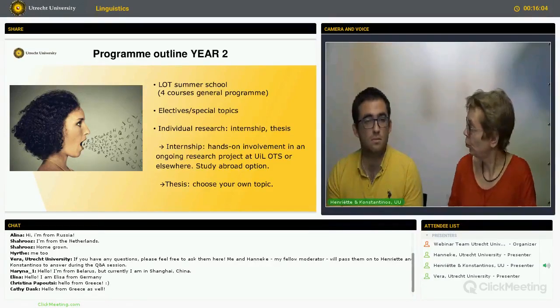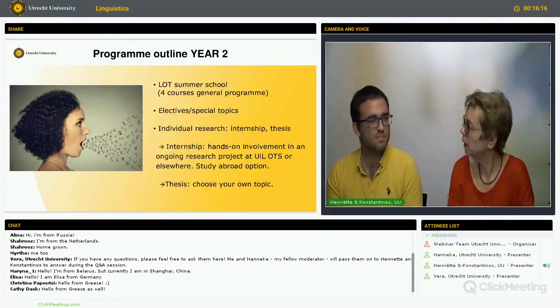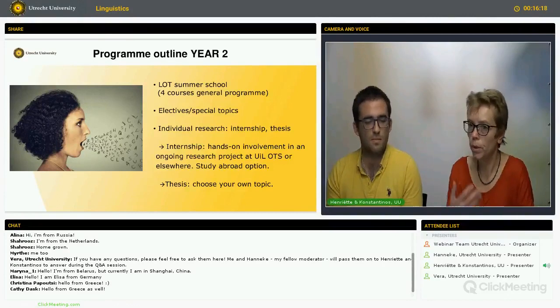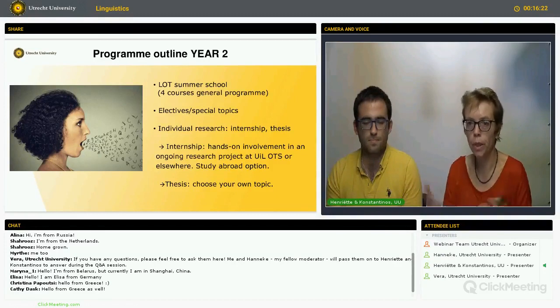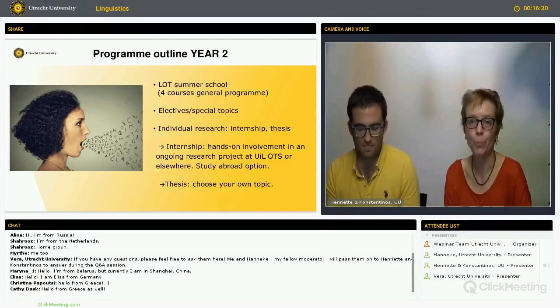But there are a lot of projects to choose from, right? So you can always find something that fits your research interests. Indeed. My fellow students actually each have a different researcher. Yeah, almost everyone has a different supervisor, so that means that you get well distributed over a wide expertise in the Utrecht Institute of Linguistics. You get a lot of personal attention, right? Yeah. As a result, and that's good.